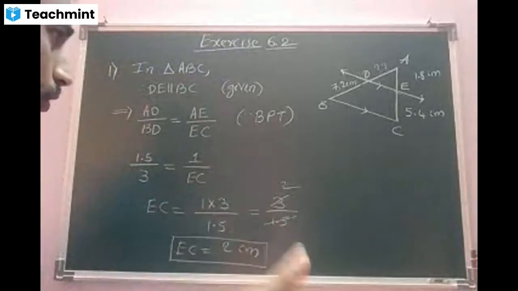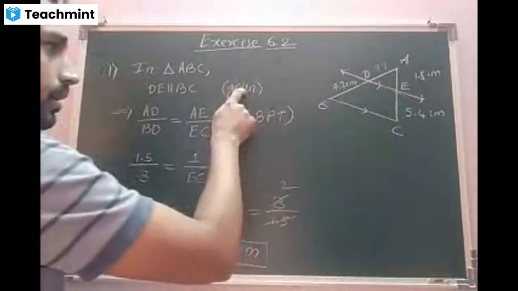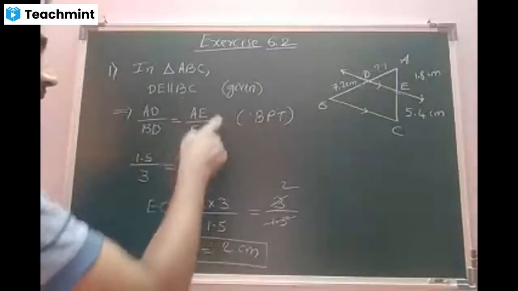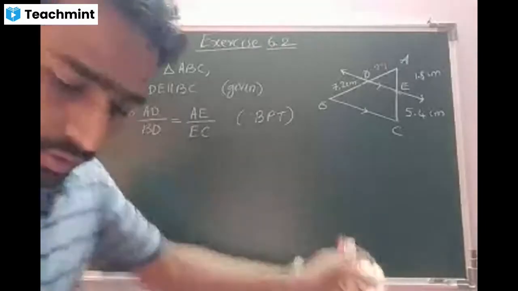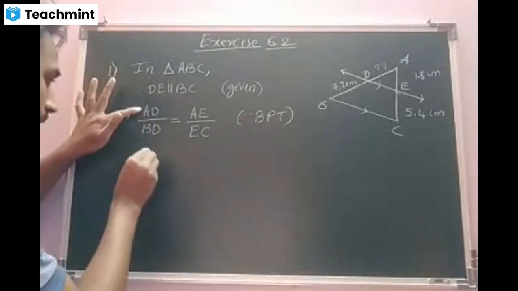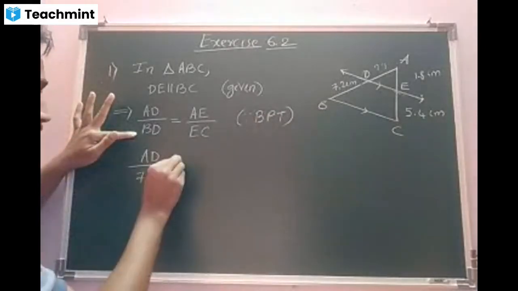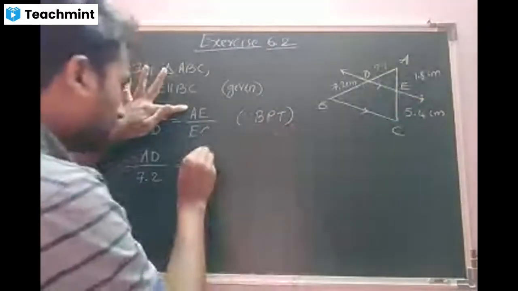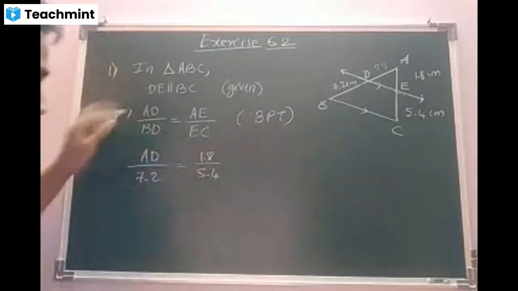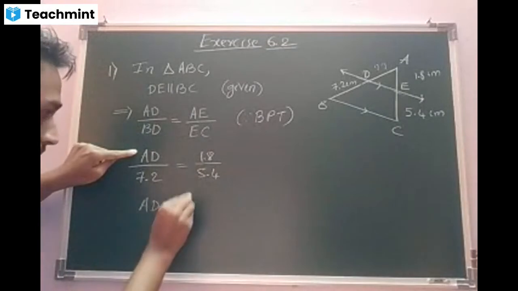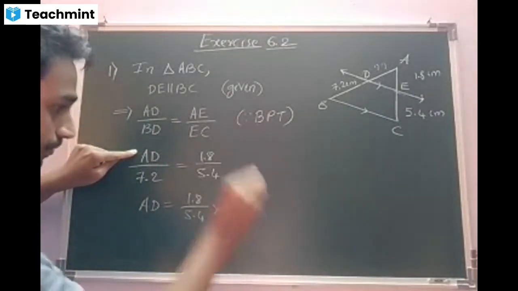Yes, sir. So beta, look at this. This sentence remains the same. In triangle ABC, this is parallel to this, given. So I applied the BPT. This is the condition. Am I right? Yes, sir. Substitution will be different. AD I have to find, so as it is, AD by BD is equal to AE by EC. Here BD is 1.8, EC is 5.4. But AD I want, keep as it is, 1.8, 5.4 into 7.2.